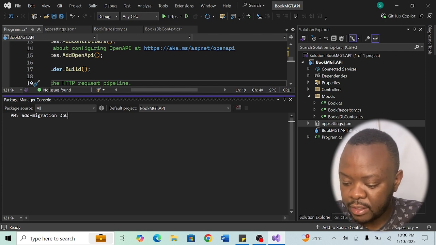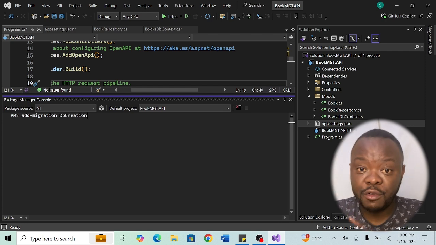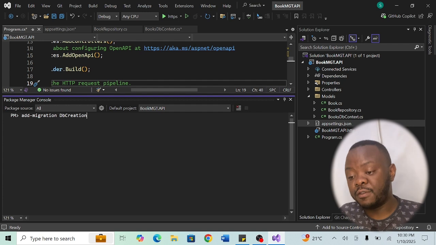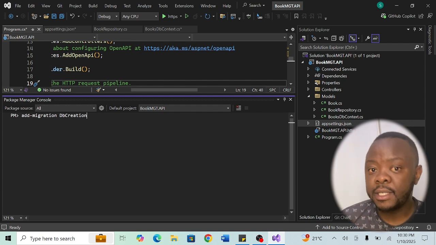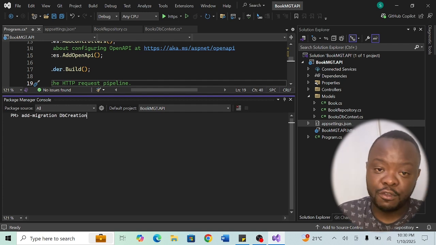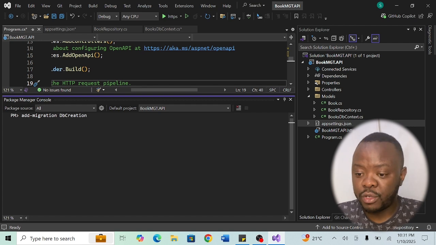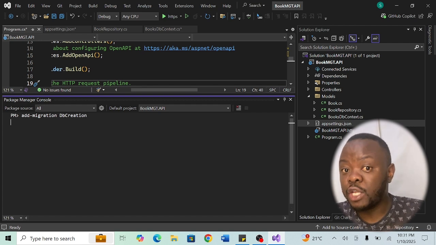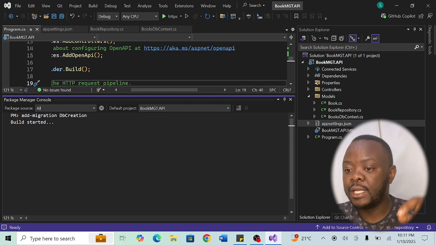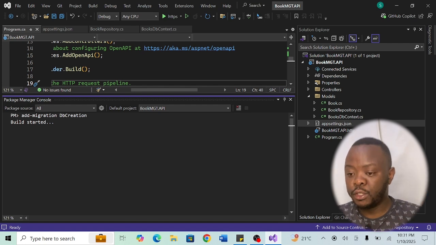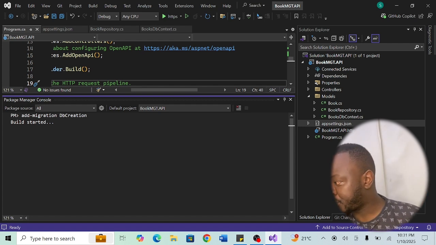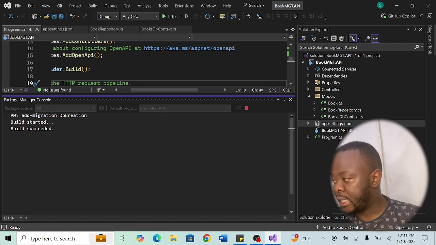Make the name of the migration something that makes sense, because you do several. If you revert back, you should know what you had done. If you put a garbage name there, you will struggle. So if I put DbCreation, I will know that this is the time that I was creating my database. So it will proceed,